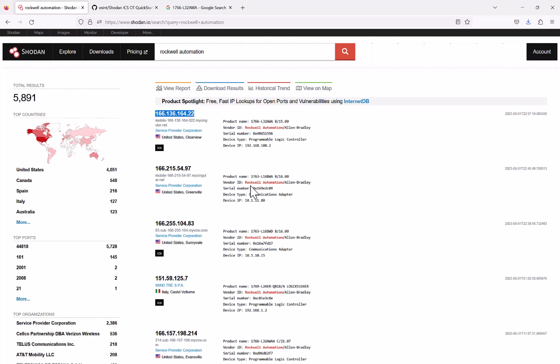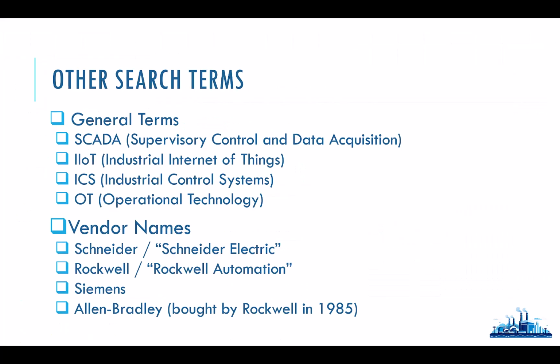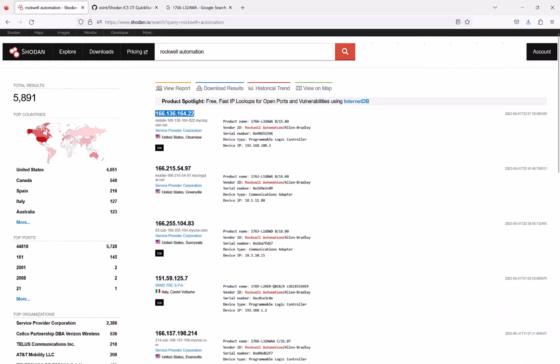And so that's one way, right? Another way you can find things like PLCs connected to the internet is by looking at common vendor names, which is what we're looking at there. I could see Allen Bradley was also there. Allen Bradley got bought by Rockwell, so we saw both of them in that case. Siemens we mentioned is also another large industrial control provider. Those are some great ways to find some really interesting systems, and you can see how talkative they are,